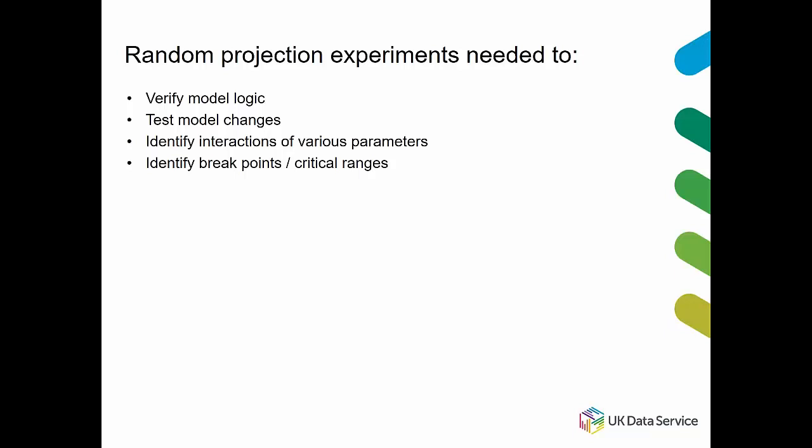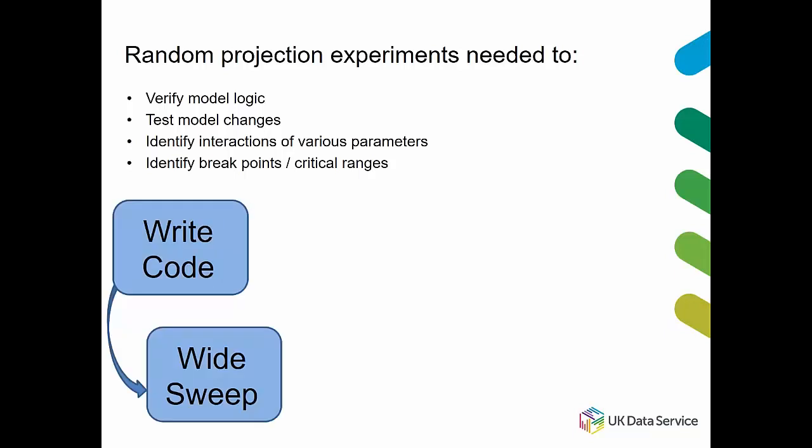You'll find out which interactions are important and which parameter ranges mesh well with other parameters. It also identifies breakpoints or critical ranges, so you know that things behave really predictably if you have less than 100 tram stops, but as soon as you get over 100 tram stops, things start getting a bit weird. You find that travel times drop dramatically, or that people start choosing strange routes to travel or something like that. That would indicate that there's a critical range at which behavior changes because of the parameter settings, and that's worth